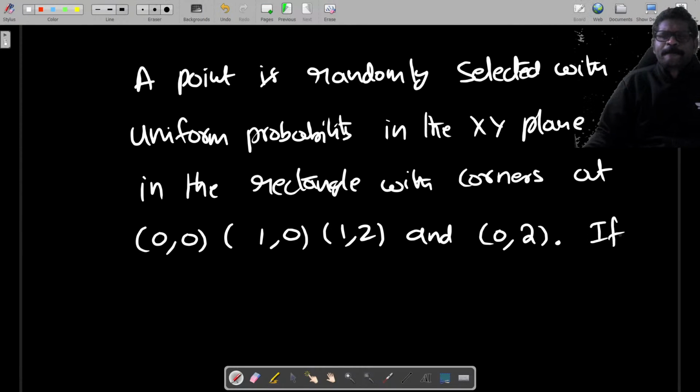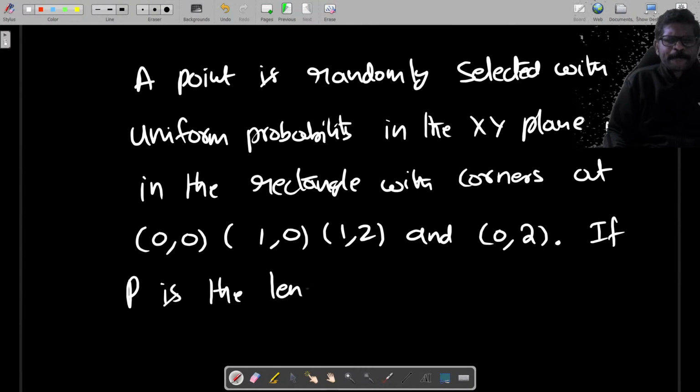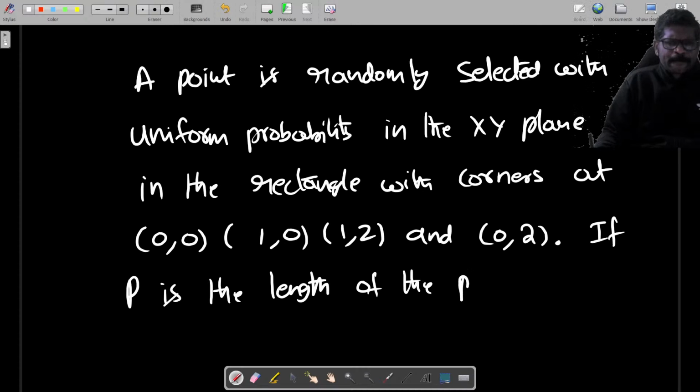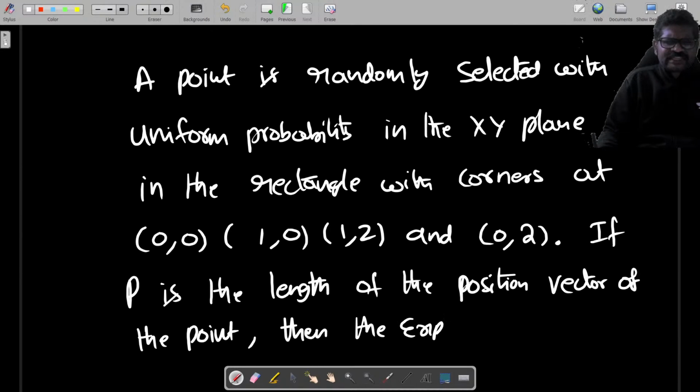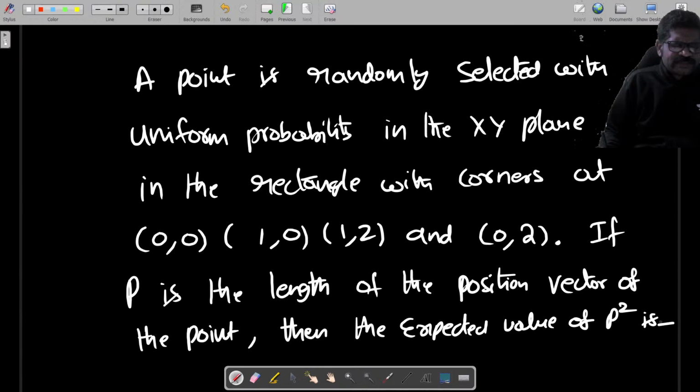If P is the length of the position vector of the point, then the expected value of P square is